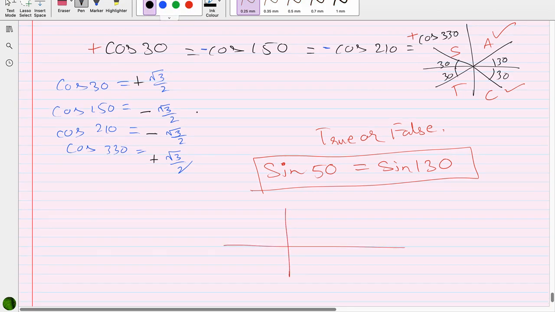Let's check. This is 50 first angle, and if I draw an angle of 130,